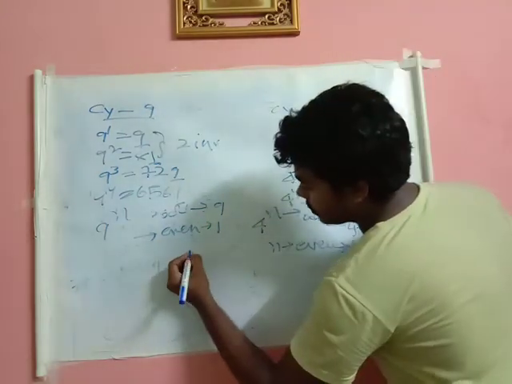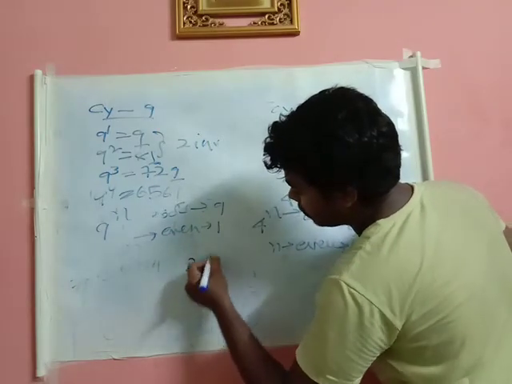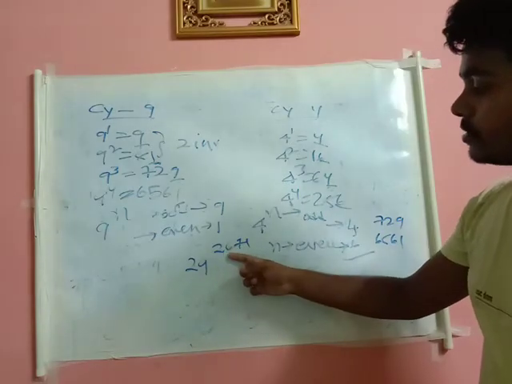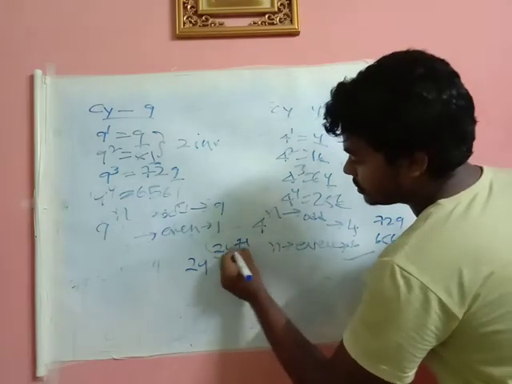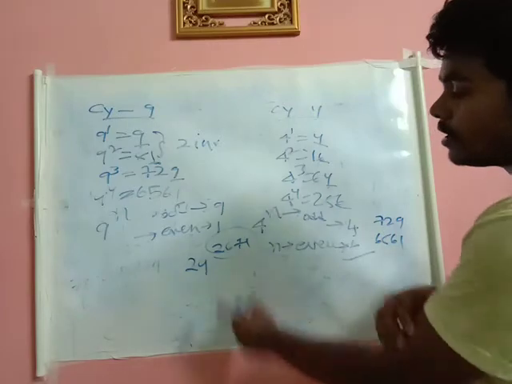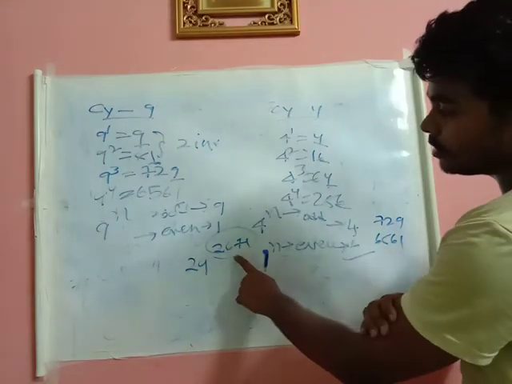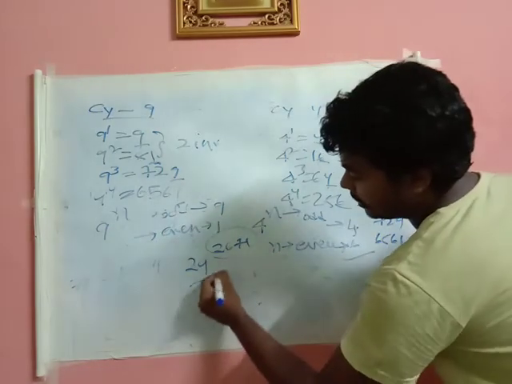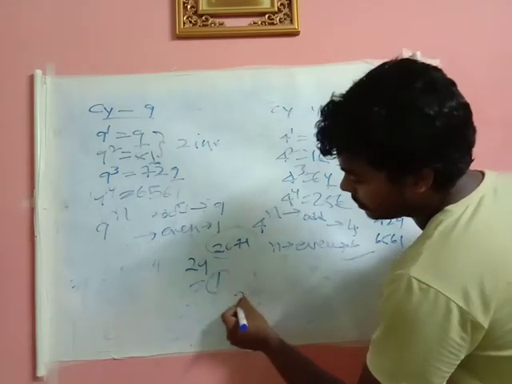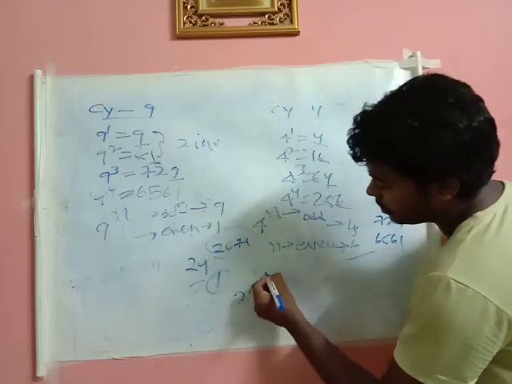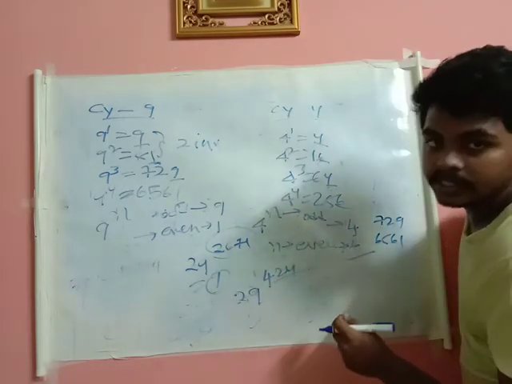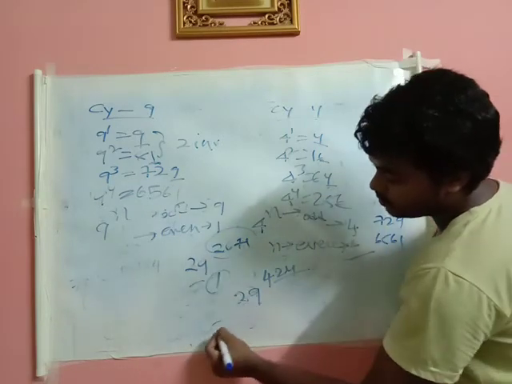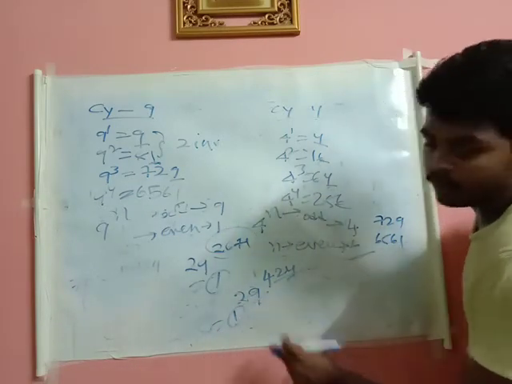Now if someone asks me what is the unit digit of 29 power 2671? You just tell me, is 2671 an odd number or even number? It is an odd number. Now what I told: in 9 power n, if n is odd, the unit digit is 9. If someone asks me what is the unit digit of 29 power 424? Is 424 an even number or odd number? Even number. So if n is even, what is the unit digit? It is 1. So the unit digit of 29 power 424 is 1.